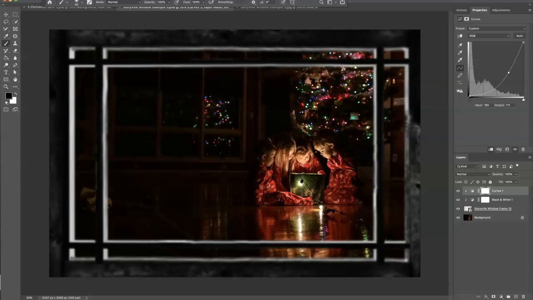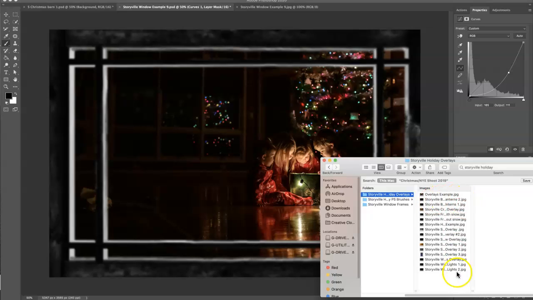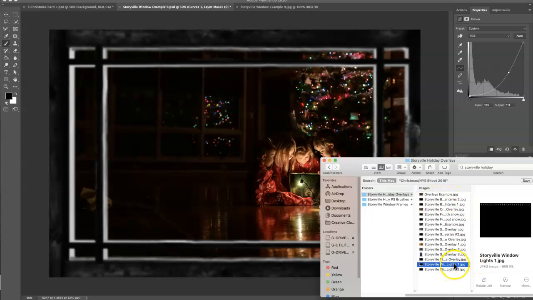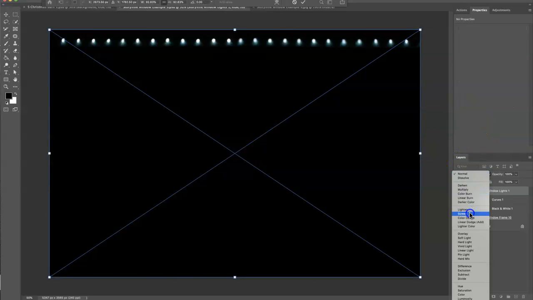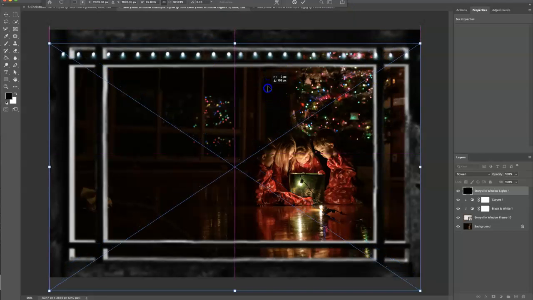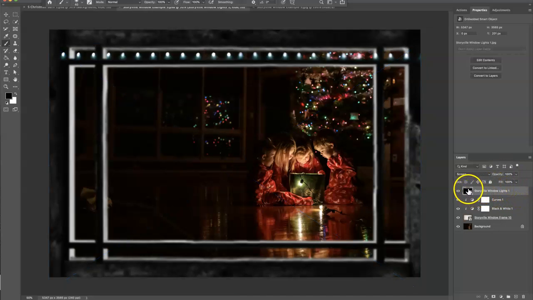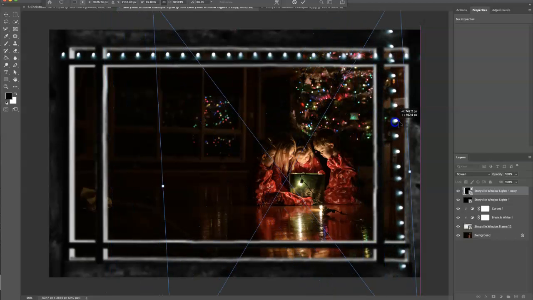And the next thing I'm going to do is pull up the pack again, and this time I'm going to go into the overlays, and I want to grab the light strings number 1. So I'm going to just drag that on there, set it to screen mode, and again, just free transform it, or if it's dragged and dropped, it's already set up for you that way. So I'm just going to set it in there, little window light, and I'm going to copy that, Command J, and then free transform it, Command T, and come over here and put it